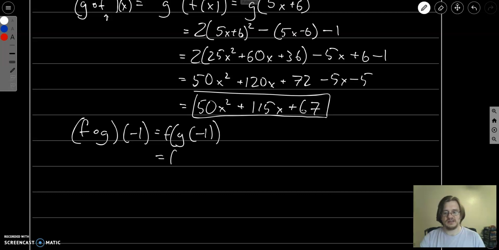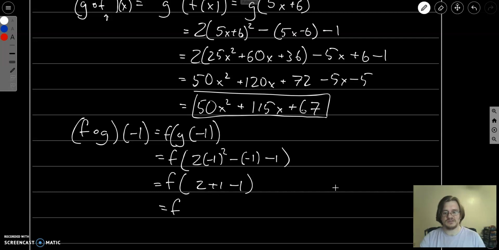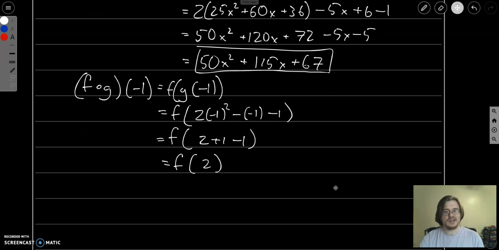So g of negative 1, g is 2 times x squared minus x minus 1. So if I simplify everything in here before I plug this into f, 2 times negative 1 squared is just 1, so that's 2 plus 1 minus 1. So this is going to be 2. f of 2, and f is 5 times the input plus 6, which is